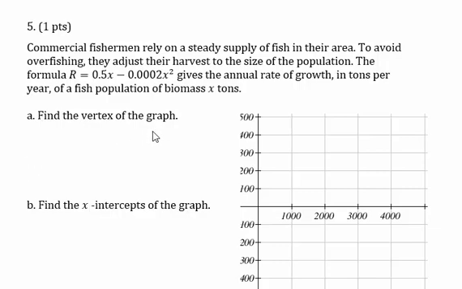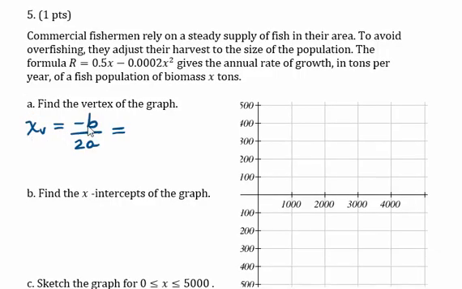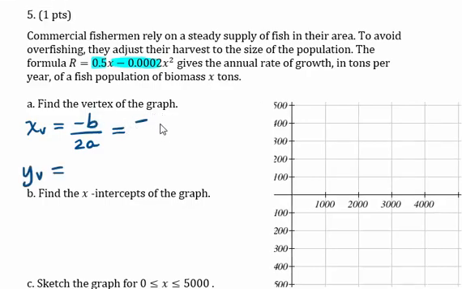So part A, we're asked to find the vertex of the graph, and we can do this one of two ways. Okay, the first way is to use the vertex formula, where x sub v is equal to negative b over 2a, and we look at the coefficients in the given equation. So a is really this negative 0.0002 because it's the coefficient of x squared, and b is 0.5. So that gives us negative 0.5 divided by 2 times negative 0.0002,